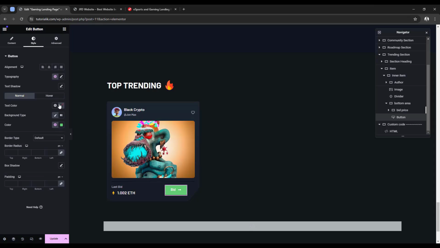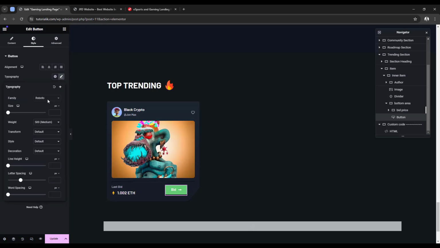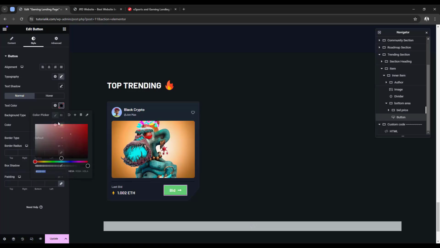And then under this style tab, we have this typography. Let's make the font family Barlow. Then let's make the size 18 pixel and font weight 600. Then line height, let's make it 1 em. Then the text color, let's make it